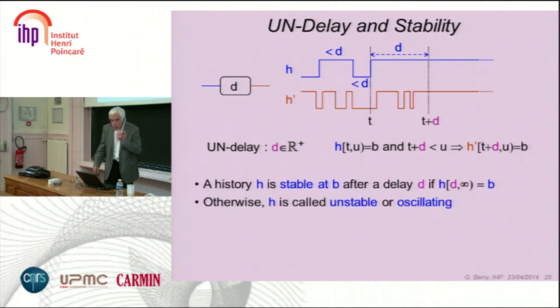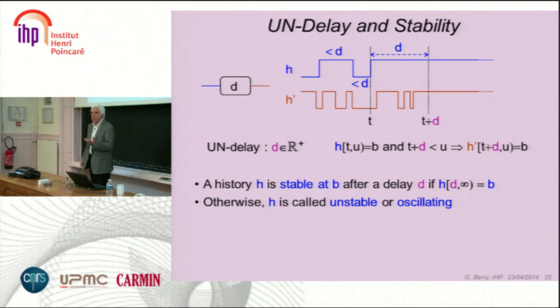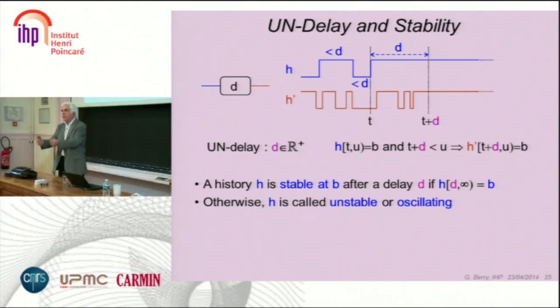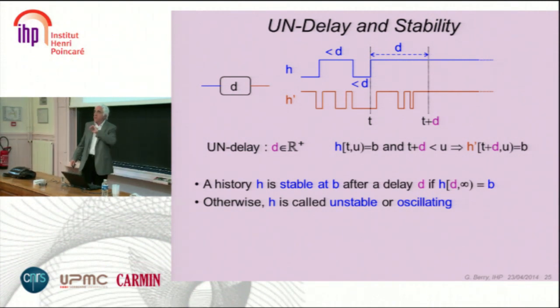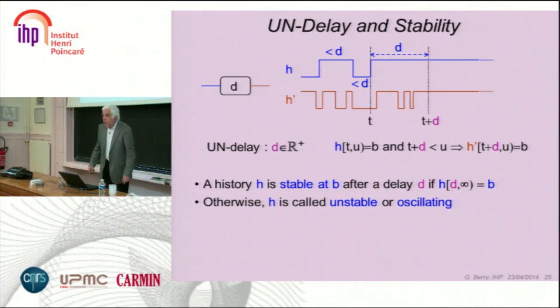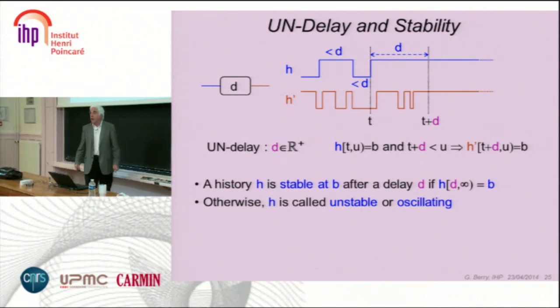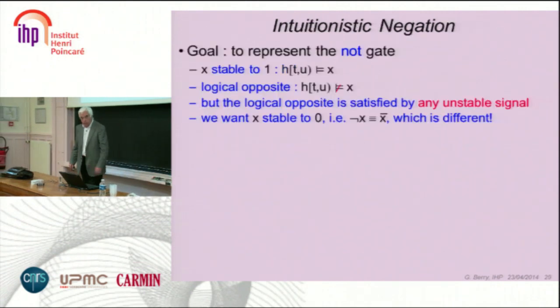Good. So we are interested in stable histories. The circuits, we put inputs and we want the outputs to be stable in finite time. So we are interested in 2 kinds of history only, oscillating and stable. So we have a weak logic because we don't want to model everything. We just want to model that.